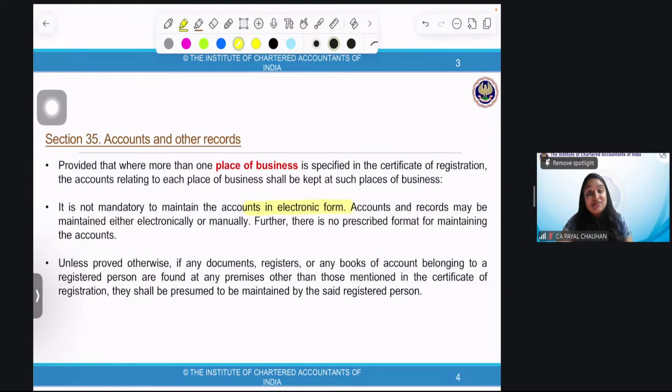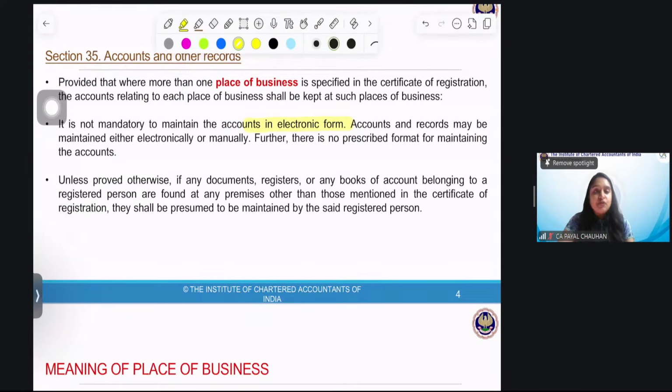Very good, because we have e-invoicing also. There are so many. Yes, it's always beneficial to have electronic accounting. Then we have: unless proved otherwise, if any document, register or any books of account belonging to a registered person are found at any premises other than those mentioned in the certificate of registration, they shall be presumed to be maintained by the said registered